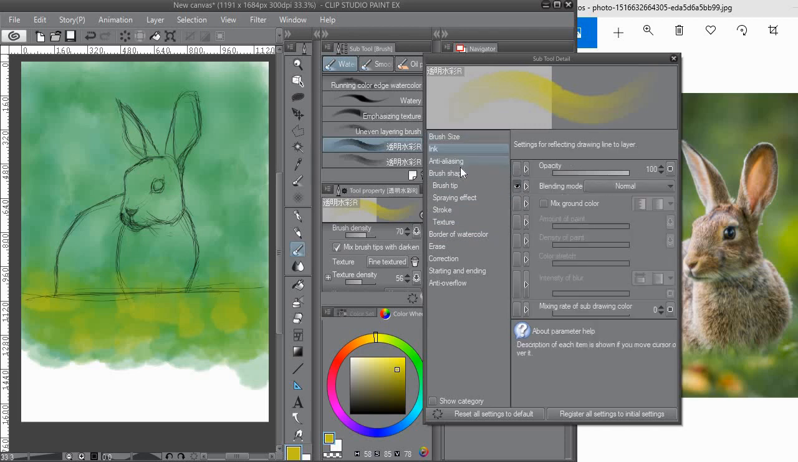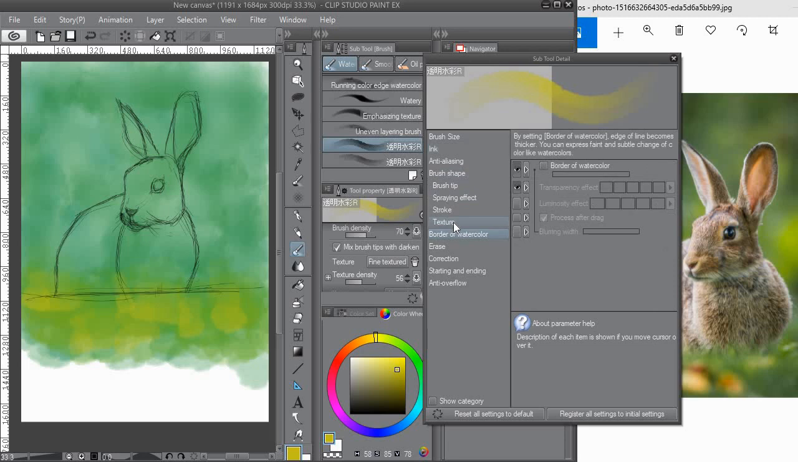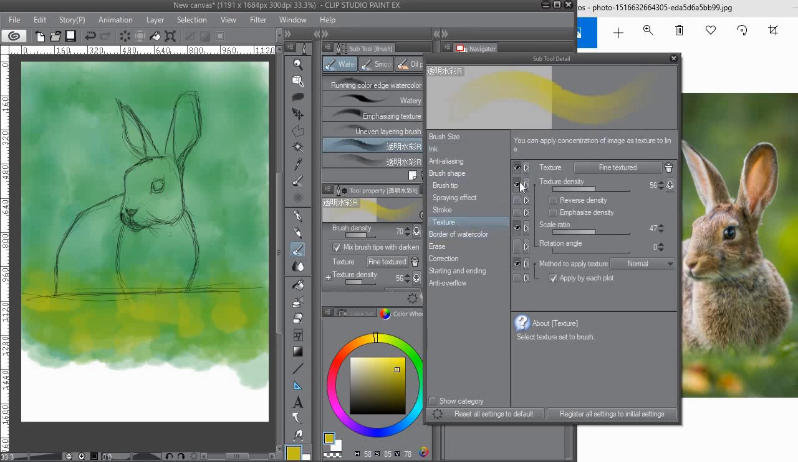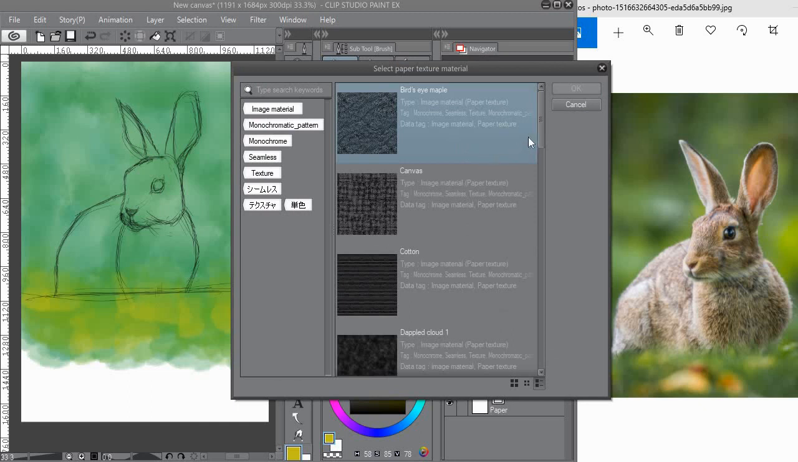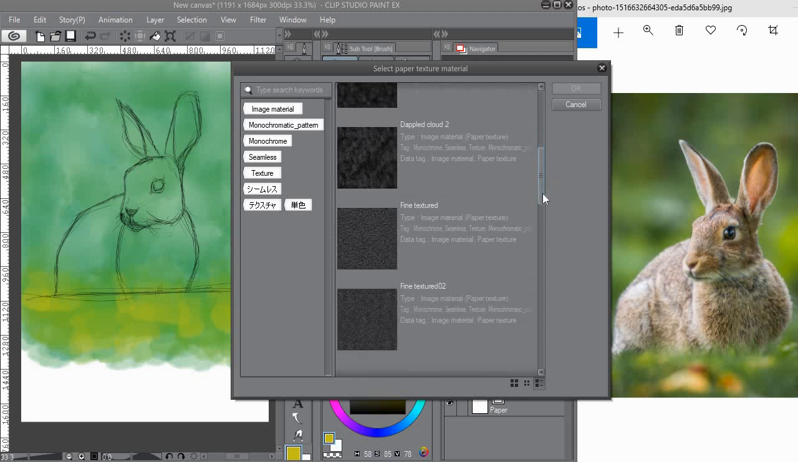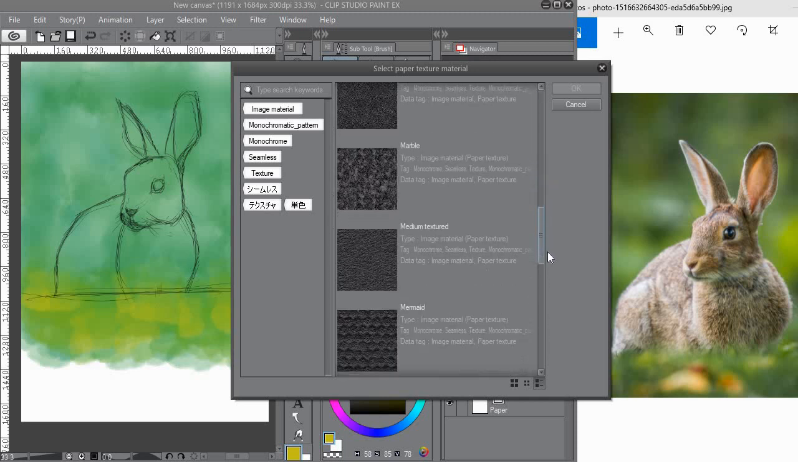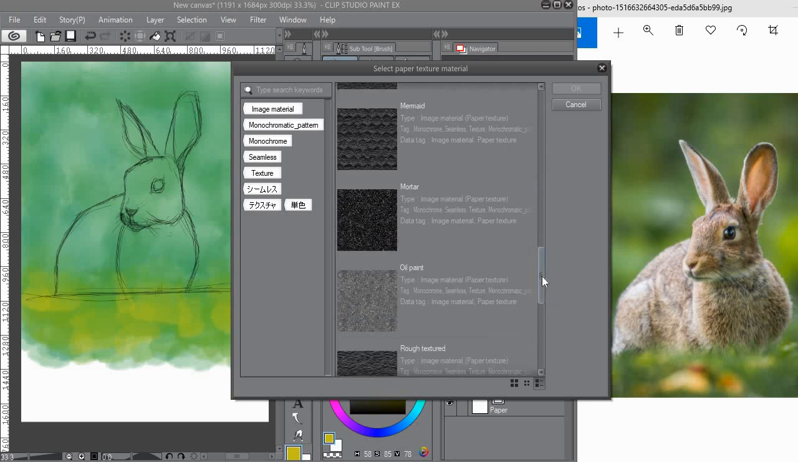So I think so, blending mode, texture. As you can see, texture, I put the eye here, so it appears in the tool property, the brush property. If I click this, it brings me to this window where I could actually select the texture of the brush. So in this case, I'm wondering if I can choose